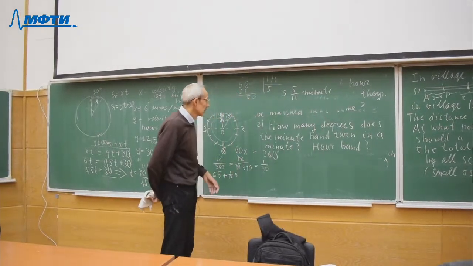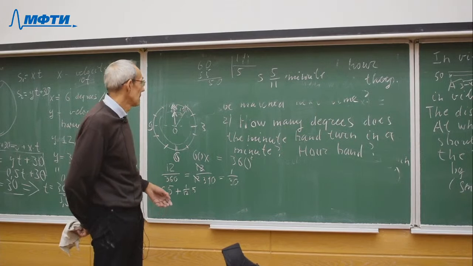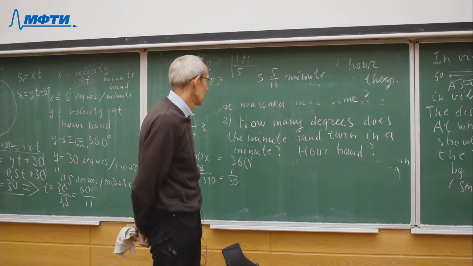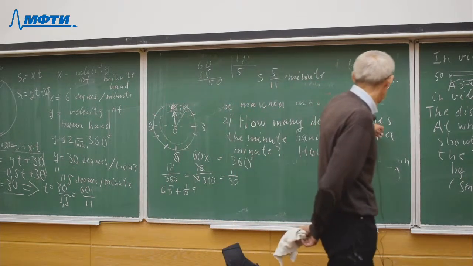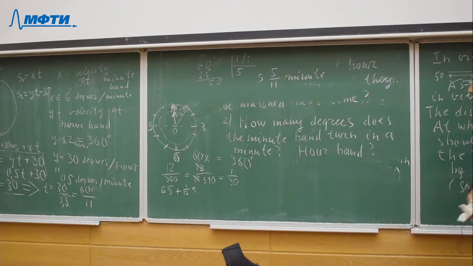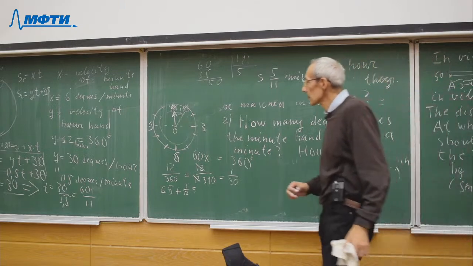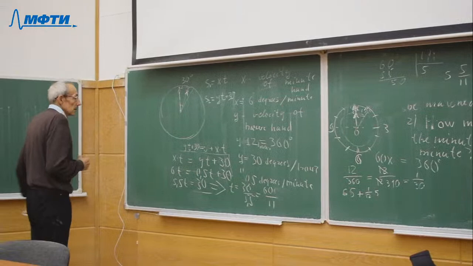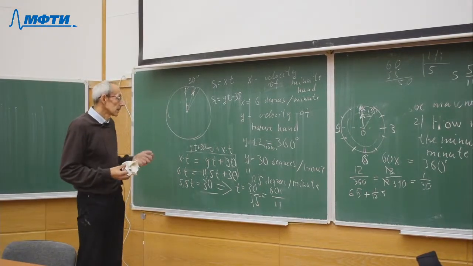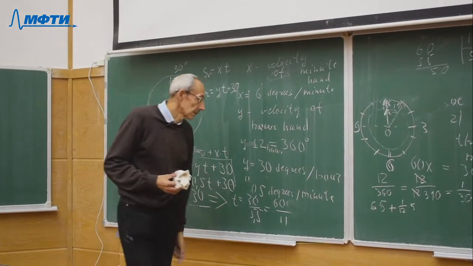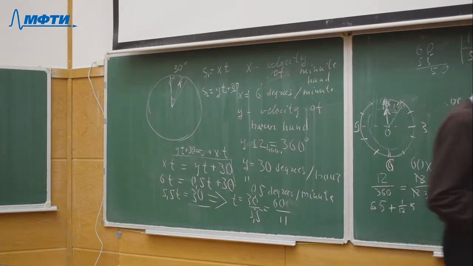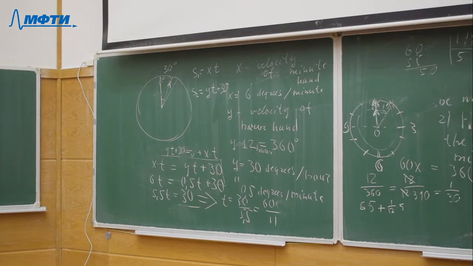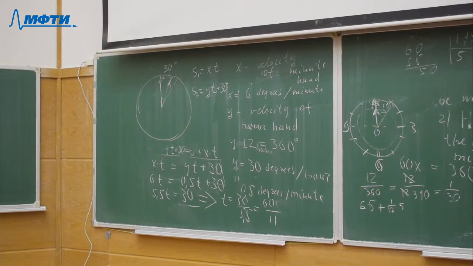And we obtain the answer to the 2 question. 6 degrees in a minute and half degree for our hand. These are the exact values for velocities. Okay,